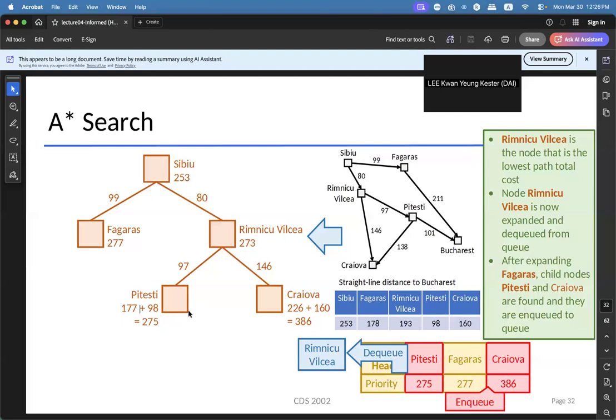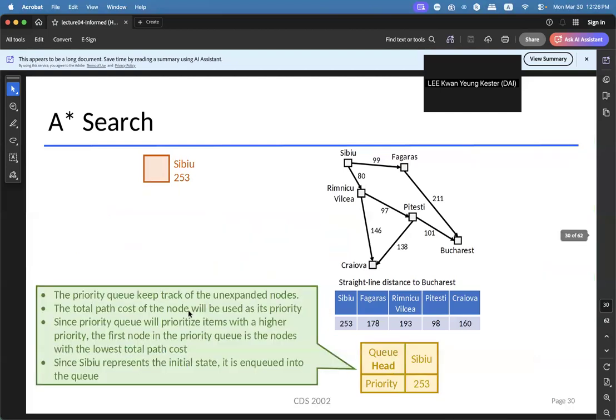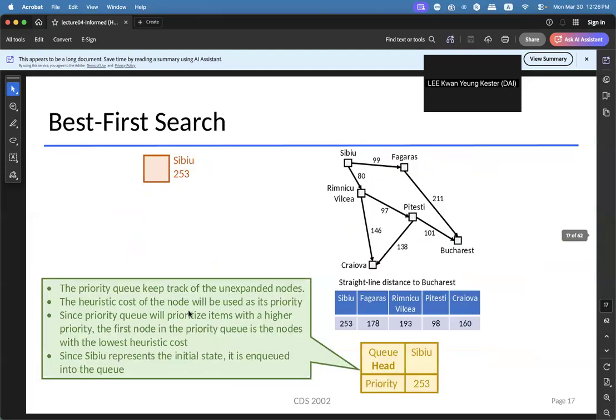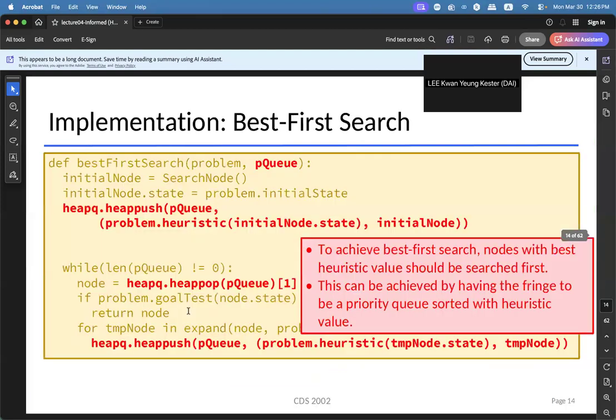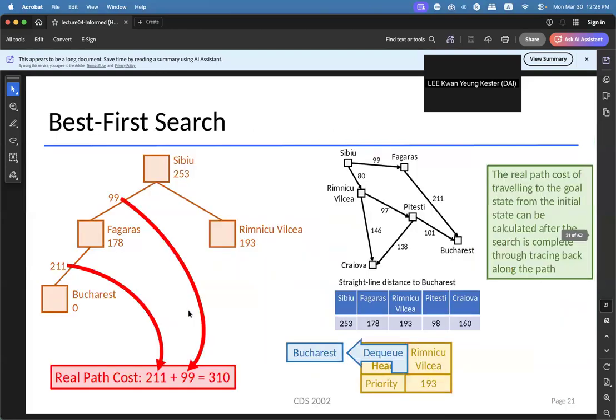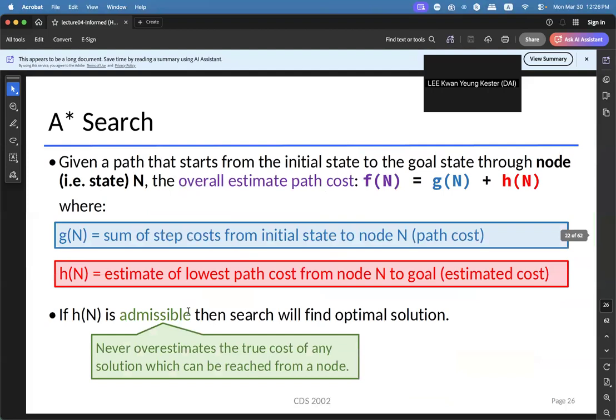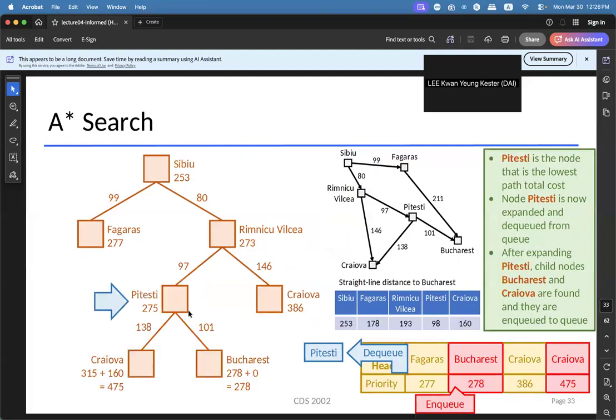You may think that, Professor, I just cannot understand what you are writing in the source code. But don't worry, you just recite the rule that I just talked about, and then you'll be able to construct the search tree. So any questions? I've already discussed it in the previous lecture. I'm just here to make you able to recall that. So any questions?